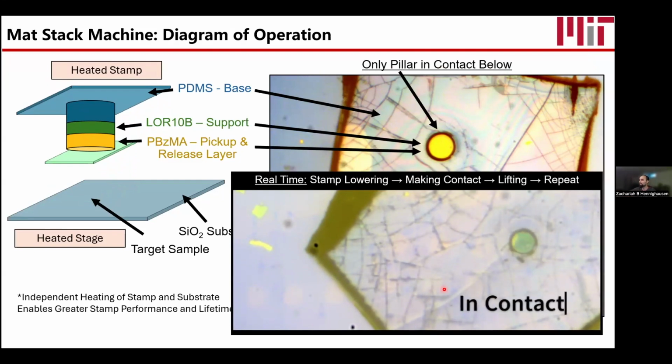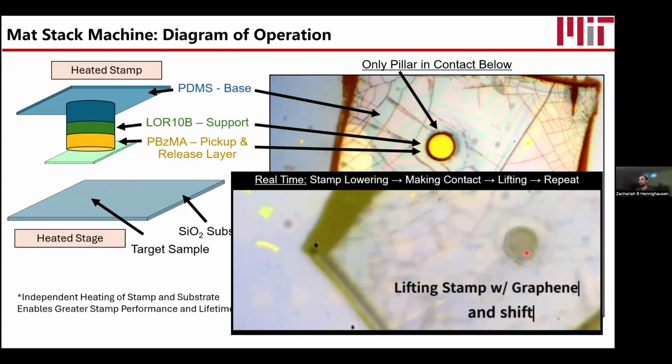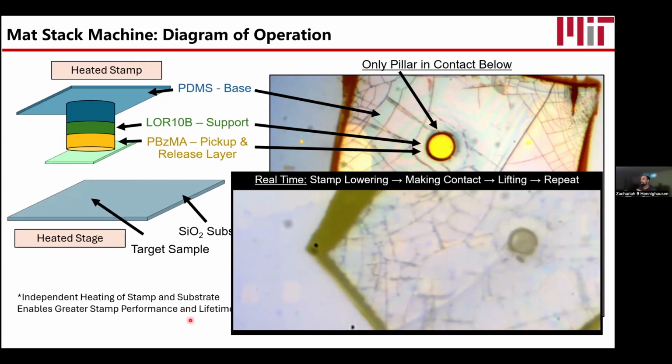You'll see it goes into contact. So now it's in contact right there. So it will only pick up graphene right there. Now we just lifted up the graphene, shifting location, and now we're going to go back down and pick up a second layer. This is all done real time, and this is the speed at which we can pick up materials. This was a pretty clean pickup, but it could have been better. But if you wait a little bit longer, maybe 30 seconds or a minute or 2 minutes, it will become what appears to be a nearly perfect pickup, if not perfect.